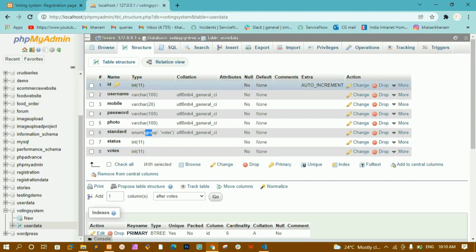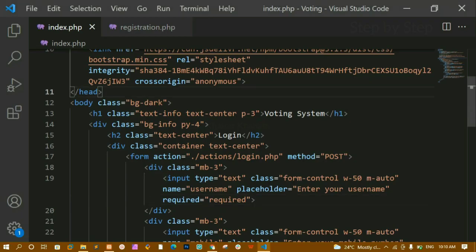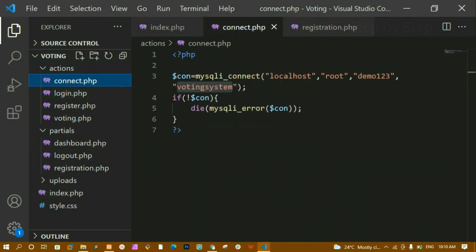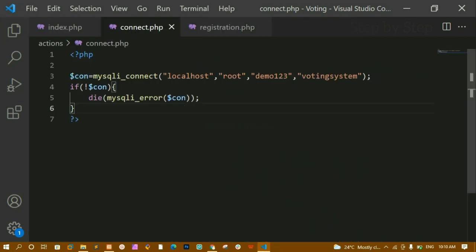Okay, this is the basic structure of a database and table. Then once we are done creating the database and table, inside this actions folder I have created this connect.php. Now inside connect.php I have written the code to connect to the database using MySQL connect, and this is going